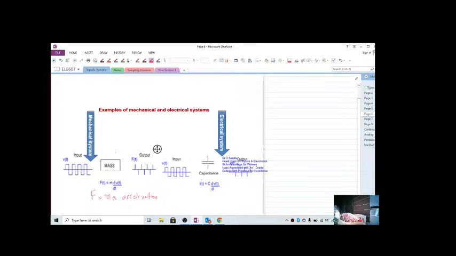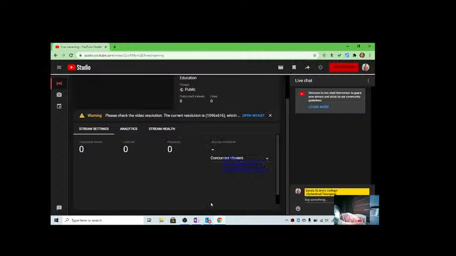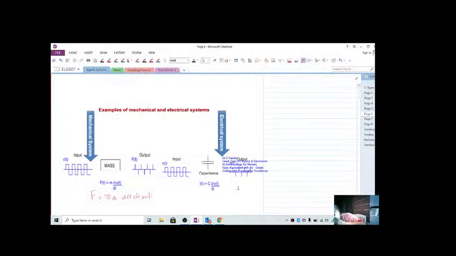Similarly, in an electrical system, you give a capacitance a square wave, and the output across the capacitor will be a spike. So what you are seeing here is the output across the capacitor. So this is how you differentiate between a signal and a system. So now let's see,